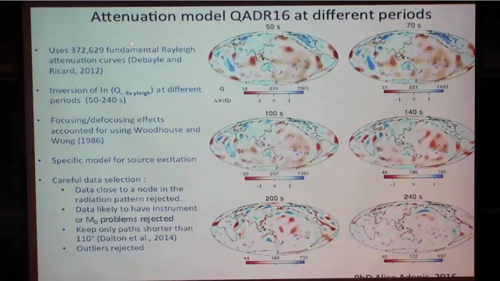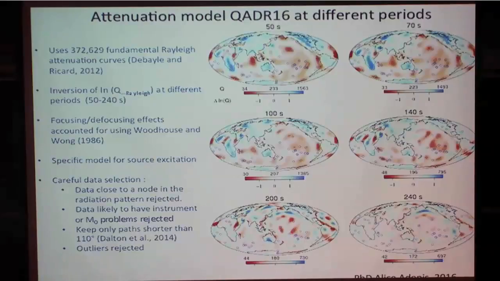So we prefer to work on the fundamental mode attenuation curve that we get from the waveform inversion. And if we do that, it's because when we invert for this fundamental mode attenuation curves, we can, as a function of period, so it's the attenuation of Rayleigh waves as a function of period, we can correct for some effects that are very important when we model the amplitude of surface waves, for example, the focusing or defocusing of the amplitude by seismic heterogeneities.